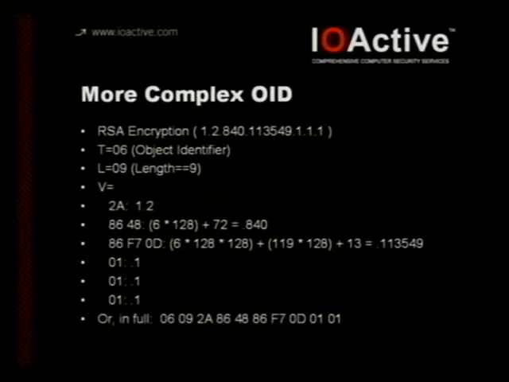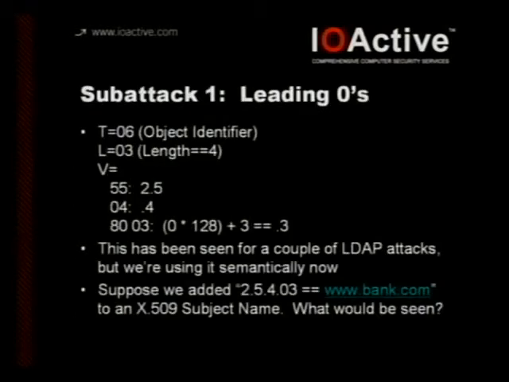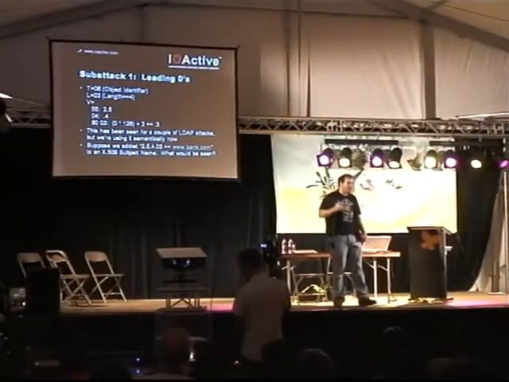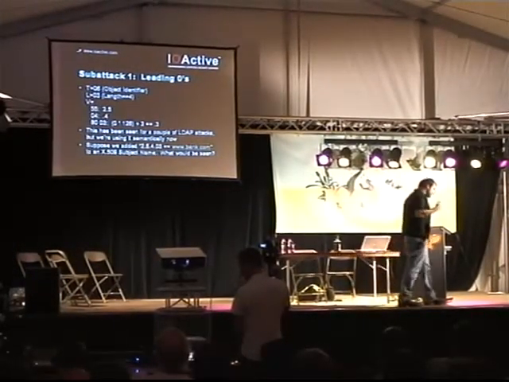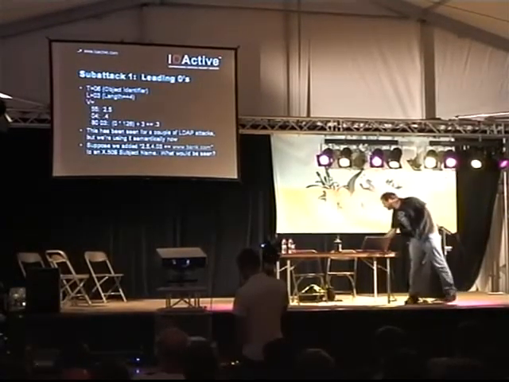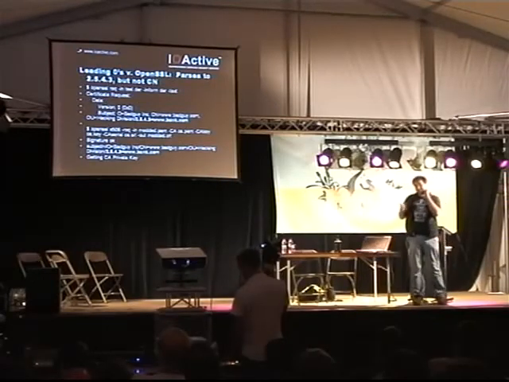Kind of making sense. You have the capability for various numbers to chain in a row. So this is interesting. First off, you can have leading zeros. So instead of 2.5.4.3, you can do the hexadecimal equivalent of 55 04 80 03. Because 80, that's 0 times 128, which is 0, plus 3. So you actually can have an arbitrary number of 80s before the 3 in 2.5.4.3. What happens? Well, OpenSSL is not fooled at all. It's actually